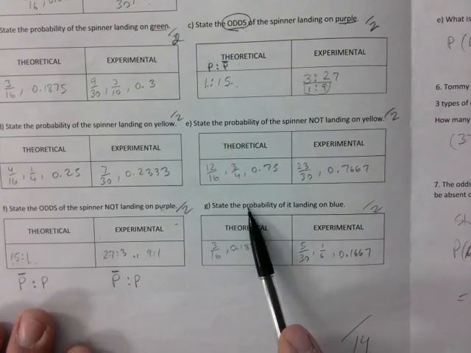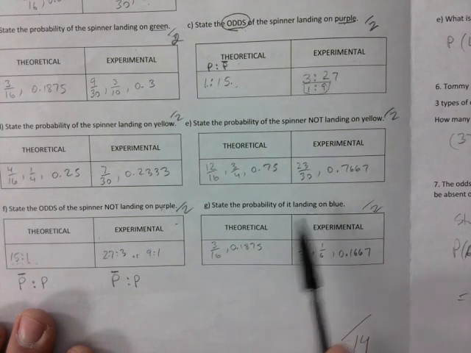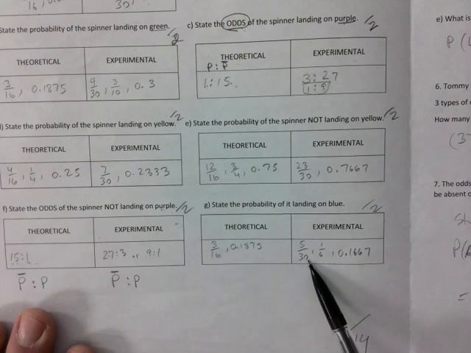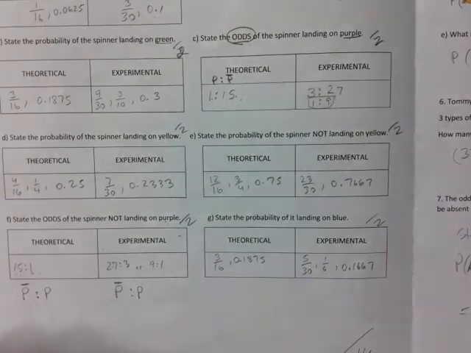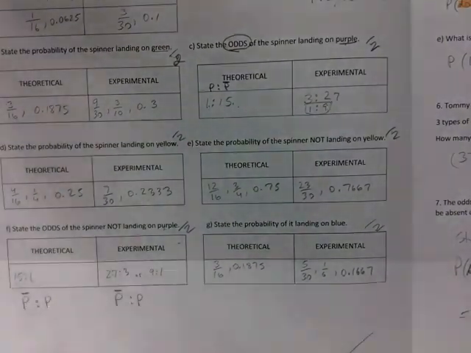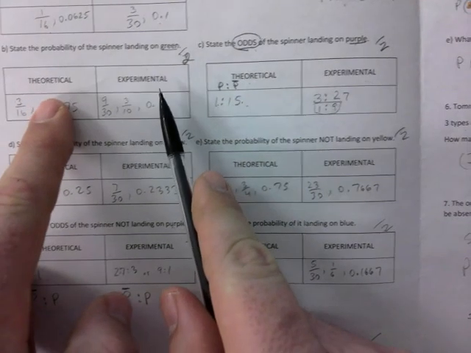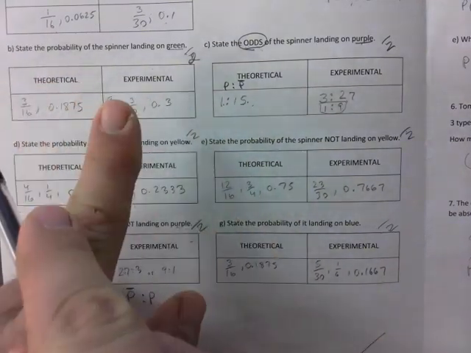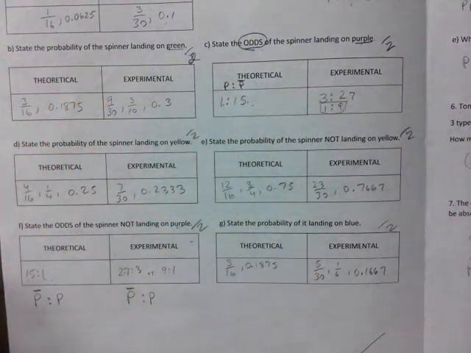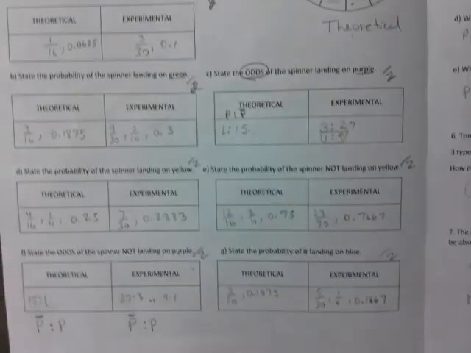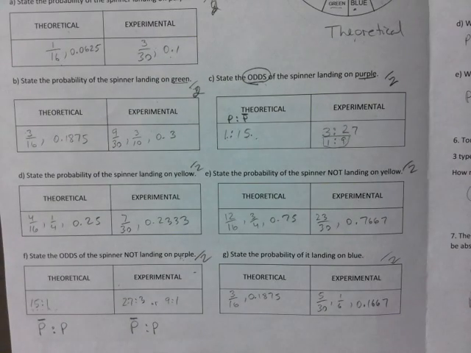And then again, the probability of landing on blue, 3 out of 16 blues on the theoretical, 5 out of 30 in the experimental. So it was a bit repetitive, I get it, but I wanted you to think. What I could have done is flip this around, theoretical and experimental, but I thought it would be a nightmare to mark, right? If you don't catch that, it's going to be, some of you actually did it exactly reversed,